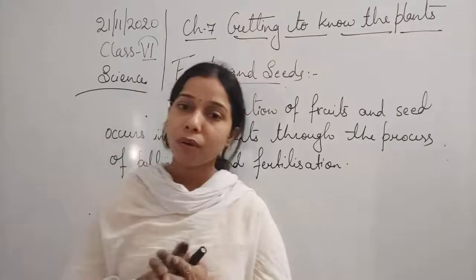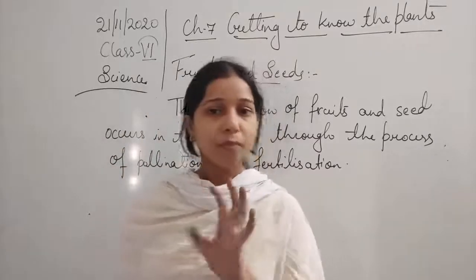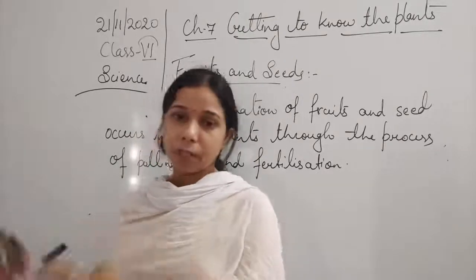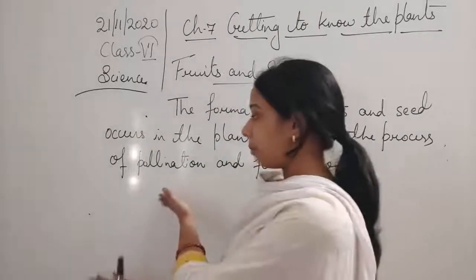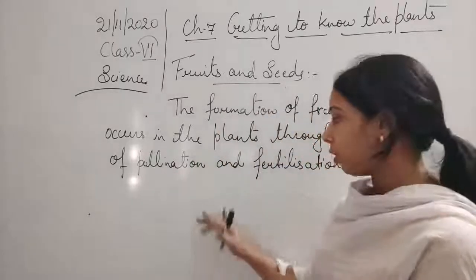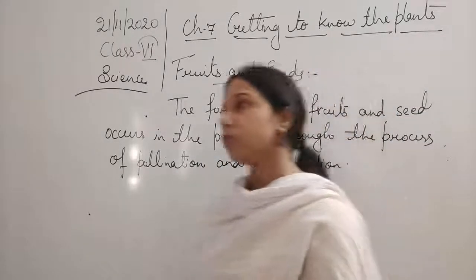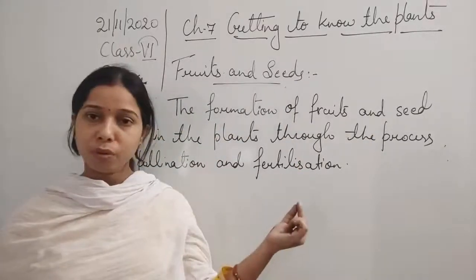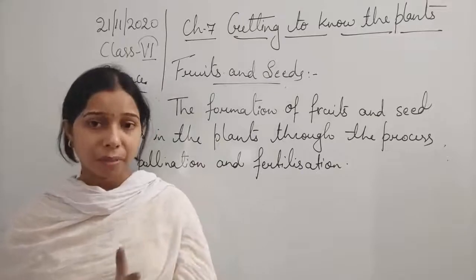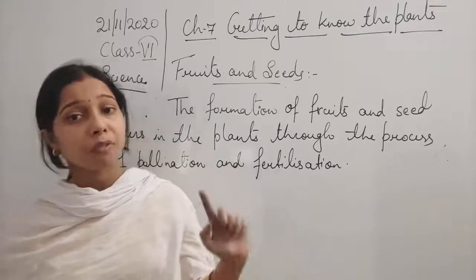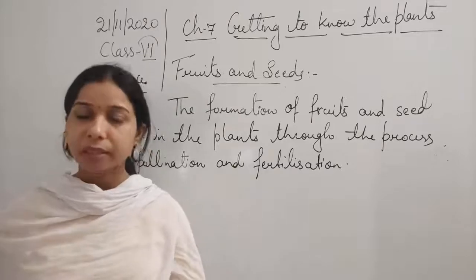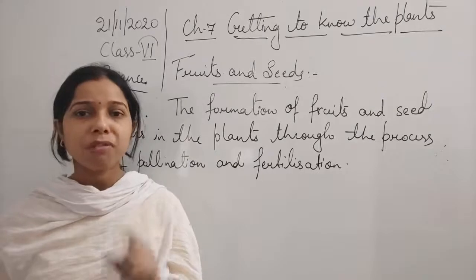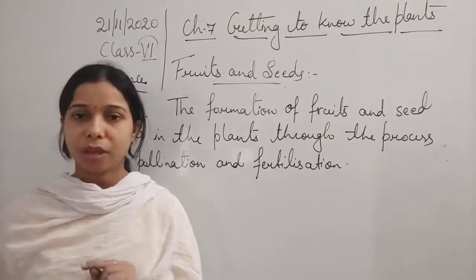And when both of them occur, students, then what will you see? Let me tell you what happens here. When the fertilization occurs, I'll tell you about the fertilization, but let me give you a brief knowledge about what happens after fertilization. So after fertilization, this ovule, consisting of a female sex cell, and the pollen, consisting of a male sex cell, fuse together, they combine together, and due to the combination, there is a formation of a single cell that is known as a zygote.